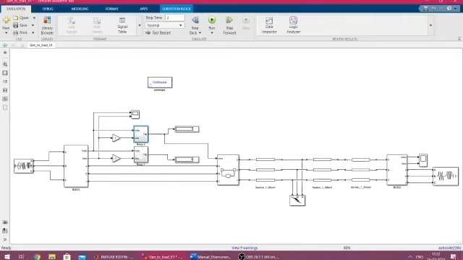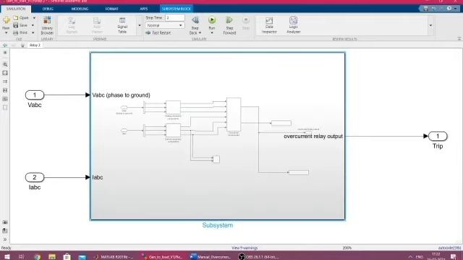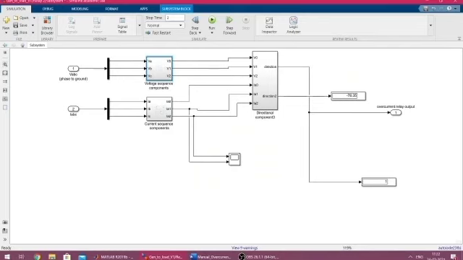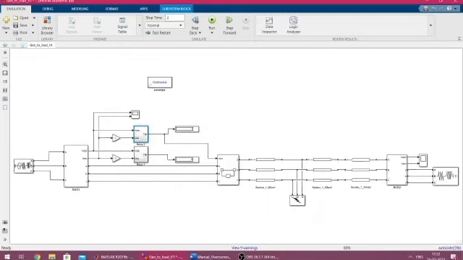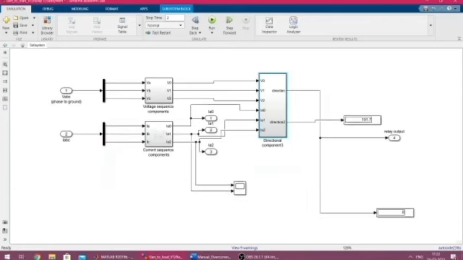Now if we want to check the phase angle, the angle difference between the negative sequence current and voltage came out to be negative for the forward fault, that is for the first relay. And if you want to check for the reverse fault, the angle difference came out to be positive values, that is between 0 to 180 degrees. So the trip logic came out to be 0 for the second relay.